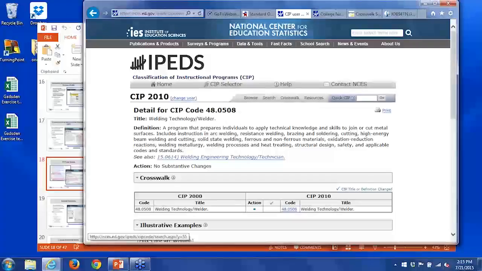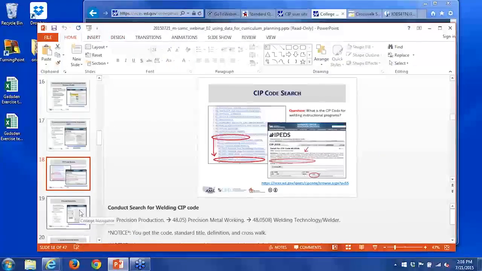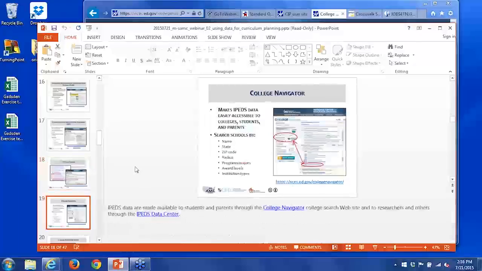So next, we're going to use a tool from IPEDS called the College Navigator. This is a really useful tool for college faculty and staff, for parents, and for students to get the information that IPEDS surveys collect in a way that's pretty digestible and usable. So the College Navigator, to give you a little bit of information before demoing this,